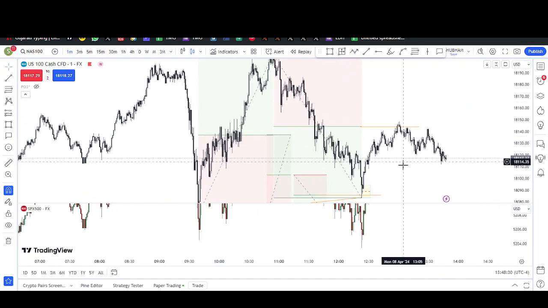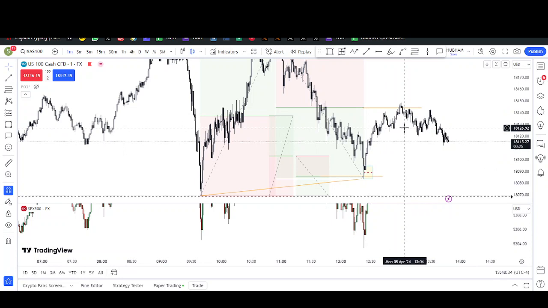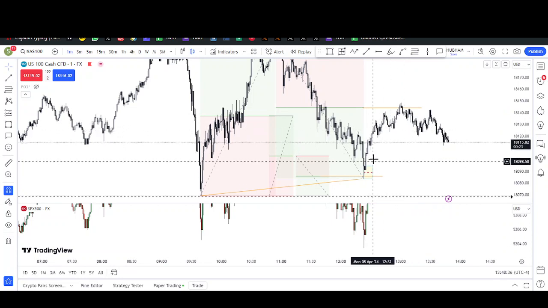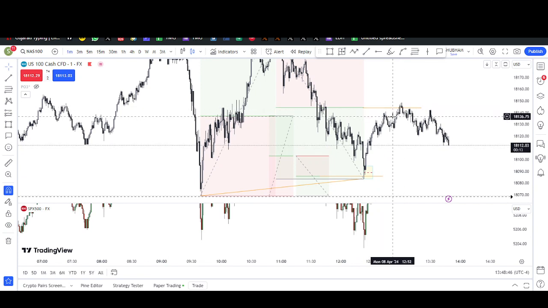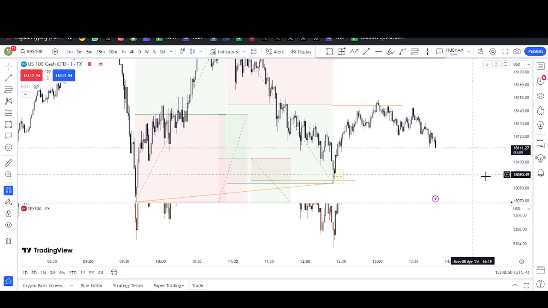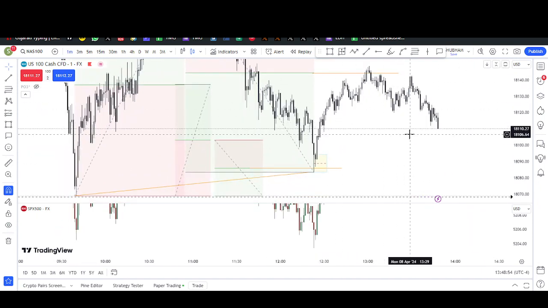So this was a clear, I don't know what the RR is. It's about 3 or 4 RR because of the spread. Even if I enter here, because I'm not a futures trader, I get filled here. Even if I am placing my TP here, because of the spread I have to place my TP somewhat lower to get filled in. So I think it was around 2 or 3 R. But yeah, in such kind of entries, the RR doesn't matter. What matters is the accuracy.